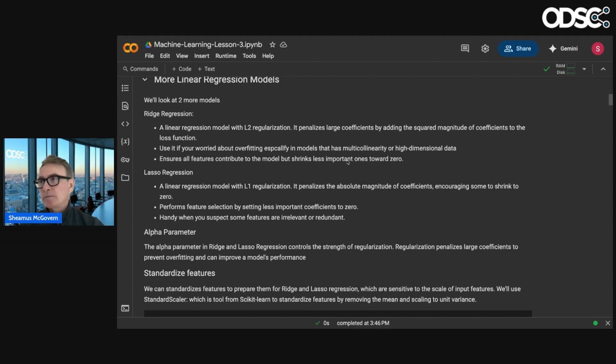So whenever you see the term regularization, L2 regularization, usually what we're talking about is you're trying to prevent overfitting. I think the technical definition of it is you're adding a penalty to the loss function.